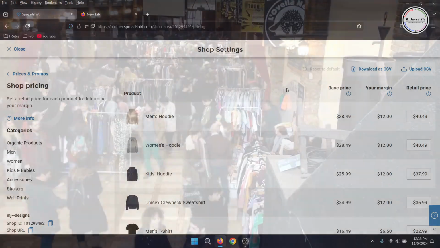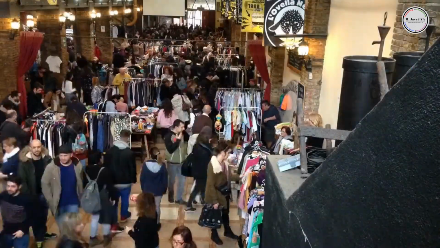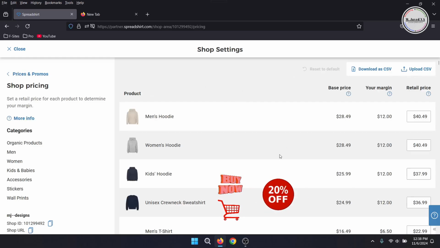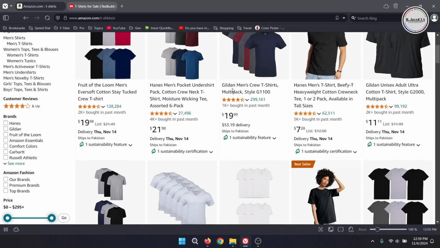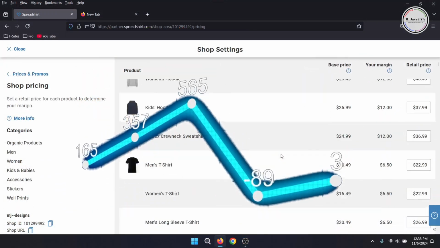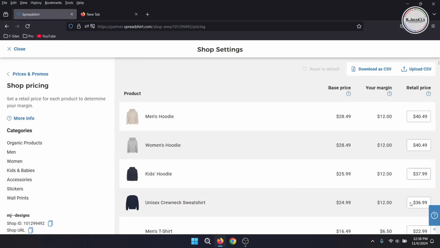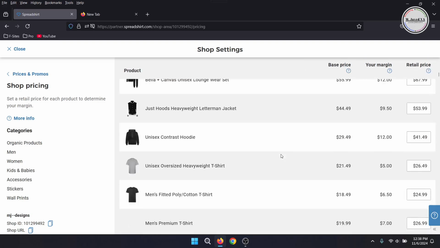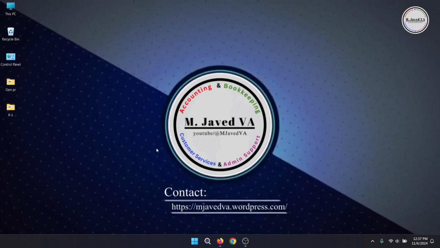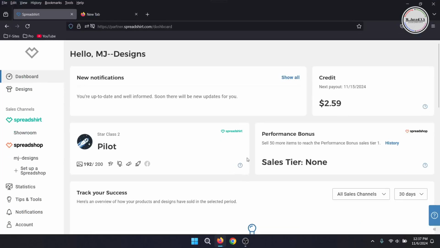There are many factors that help get the attention of potential buyers, and offering competitive prices is one of them, which you can always check on your competitor's website or by doing a market survey. Whatever the prices may be, you're the one who knows exactly what you are offering and what its price should be. So to update the prices of your products on your shop, sign into your shop, which is Spreadshirt